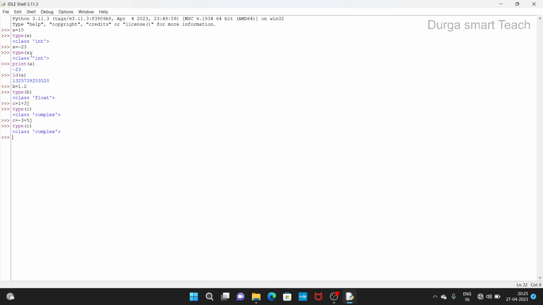So int is completed, float is completed and complex is completed. The next one is bool. Okay, so bool is used to store